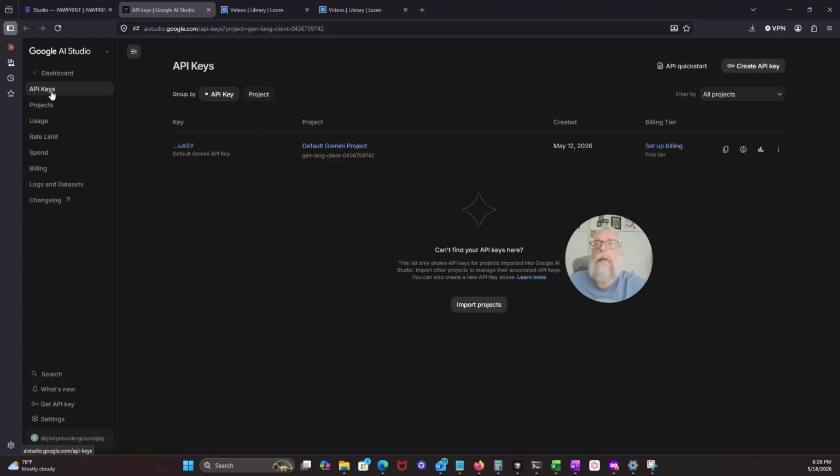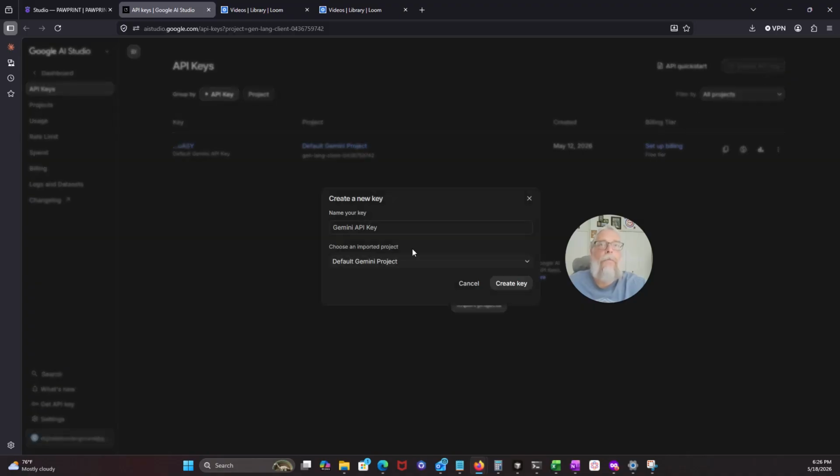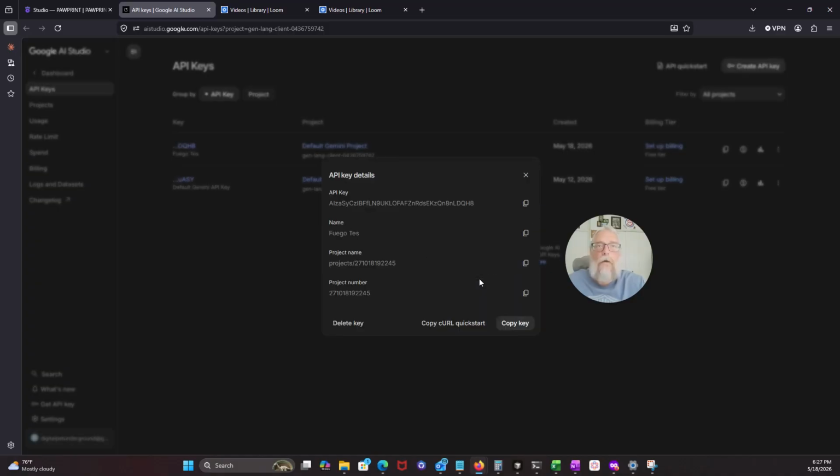Once you're signed in, if you click API keys in your dashboard and then click the Create API Key button, you'll be presented with a dialog box where you can enter the name of your key. I'll call this one Fuego Test since I'm on Fuego's account. I'll go ahead and use the default Gemini project, which is really important. Whatever project your API key is linked to, you need to make sure your billing account is also linked to that same